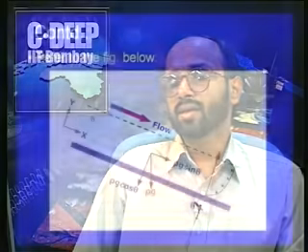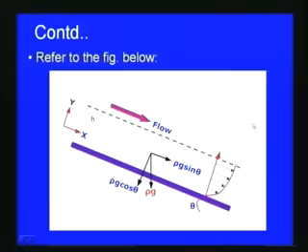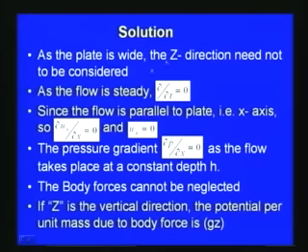So, we have to consider the body force. Our aim is to use the Navier-Stokes equation, simplify it, and get an exact solution for this kind of problem. As the plate is wide,